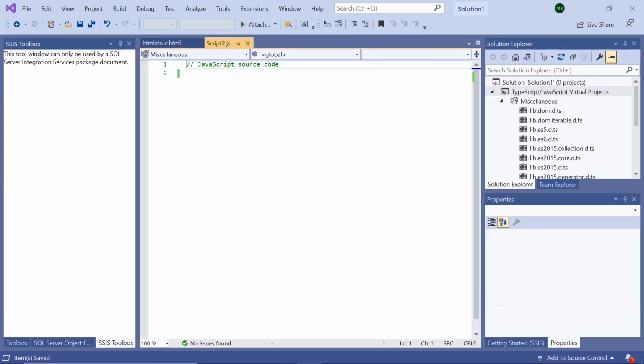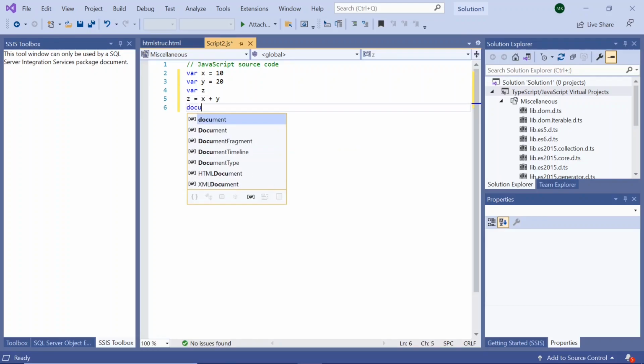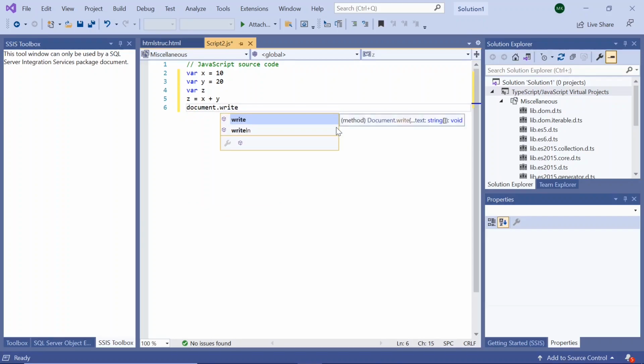In this video, we'll look into JavaScript variables. You can declare variables using var x is equal to 10, var y is equal to 20, and we can add these variables: var z is equal to x plus y, and to display them, say document.write